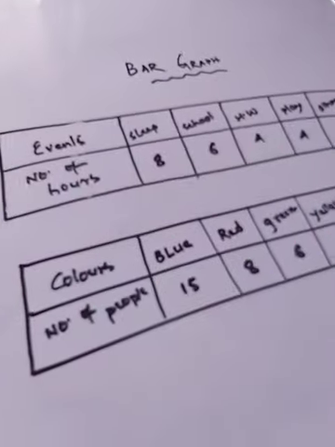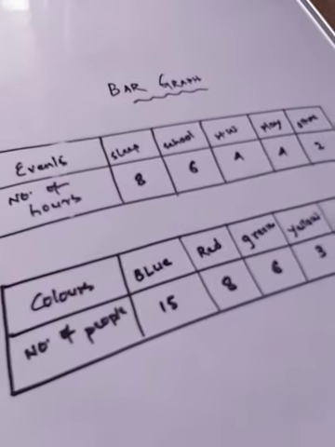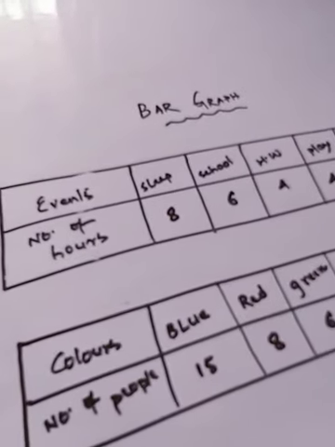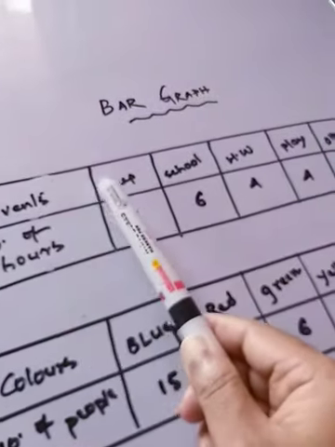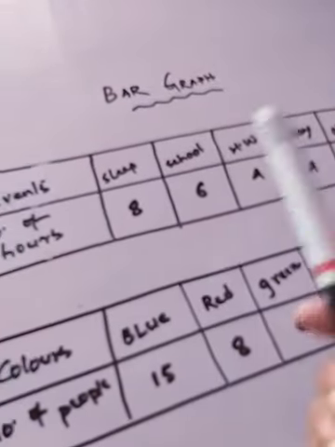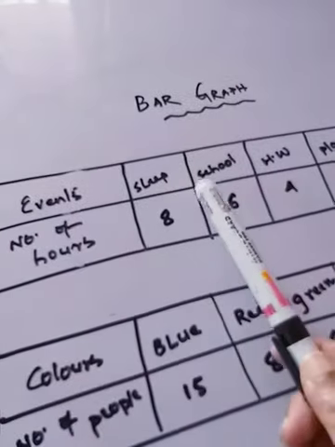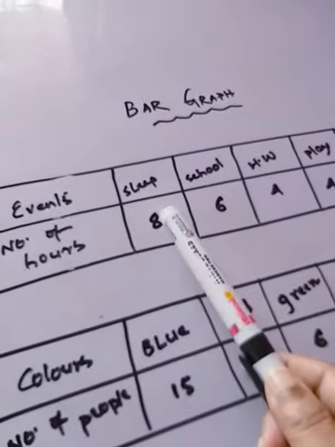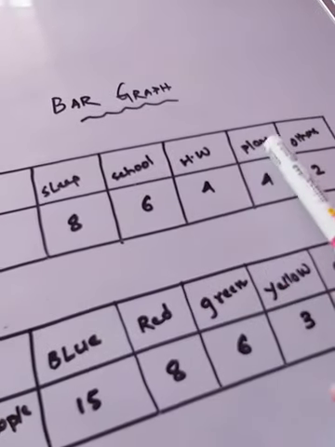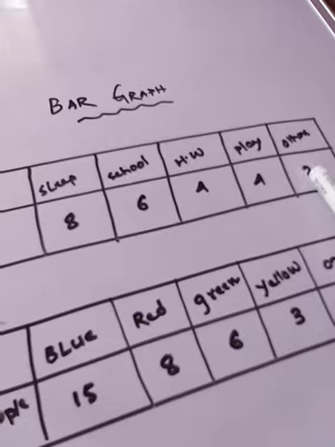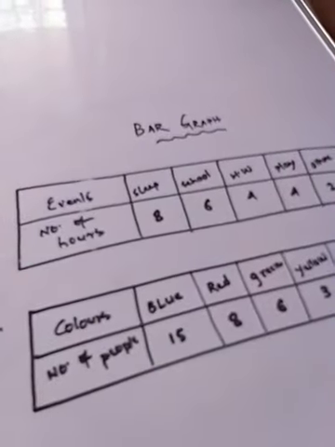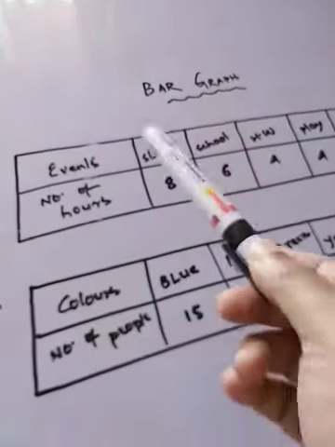Now you see this box represents some events that must be followed by each and every student in their day-to-day life. So events are sleeping, schooling, homework, playing, and some other activities. So how many hours should a student sleep? That is 8 hours. Schooling should be done 6 hours. Homework 4 hours. Playing 4 hours, and other activities 2 hours. So we have to show this entire activity that a child should maintain in day-to-day life by a graph